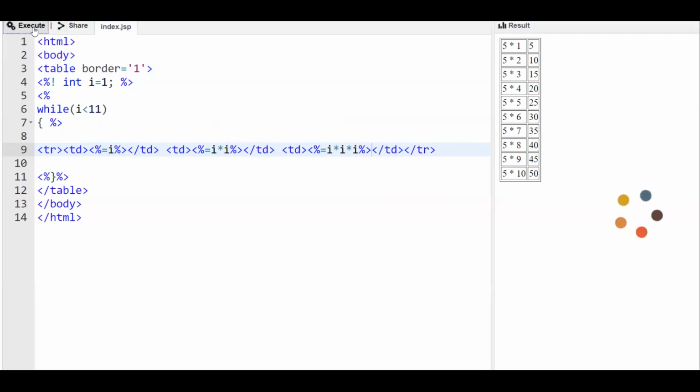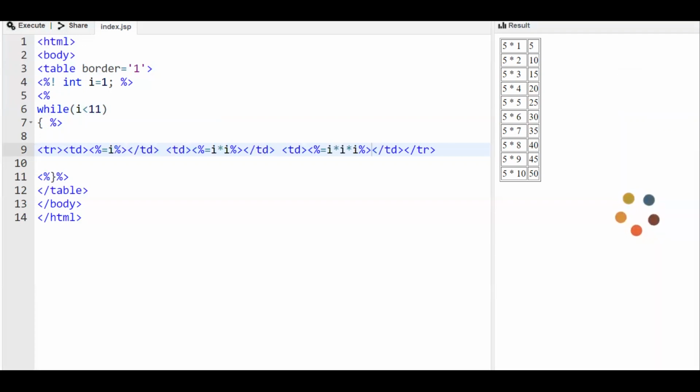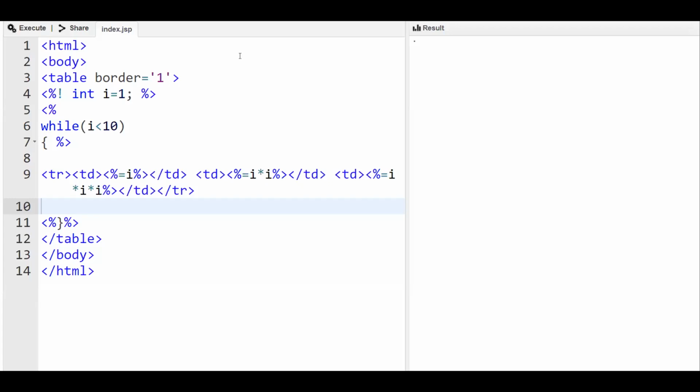So let us check for any errors. It's still processing. Here you have to increment the value of I on each iteration of this while loop.